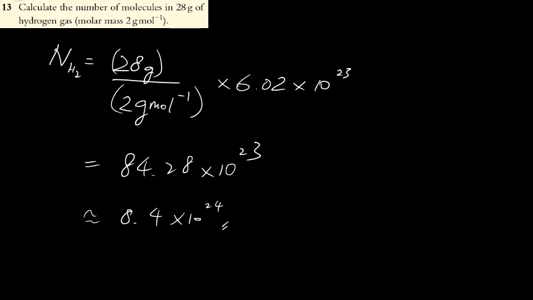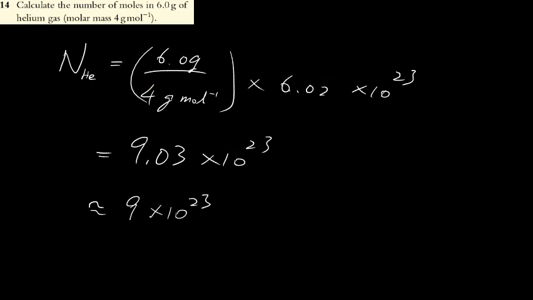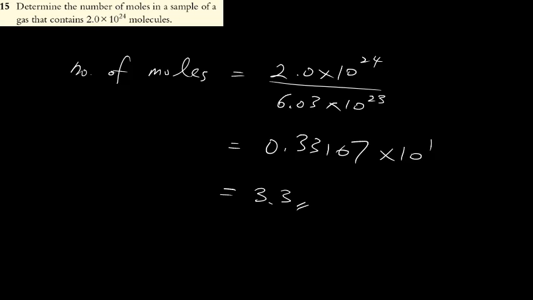The first question is extremely easy. I think the main idea is to look into the unit. For this one, I will prefer to write the unit out so that I can see clearly and understand easily and find the answers correctly. The next question is extremely similar, so I'll show you the steps. The third one is again very easy. The fraction at the top is how many molecules you have. The bottom is how many molecules in 1 mole. And therefore the answer is 3.3